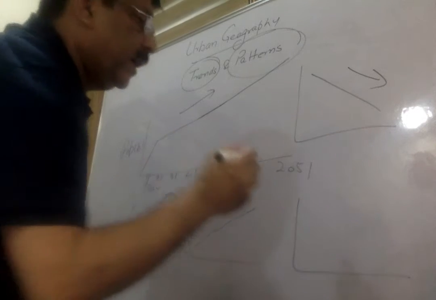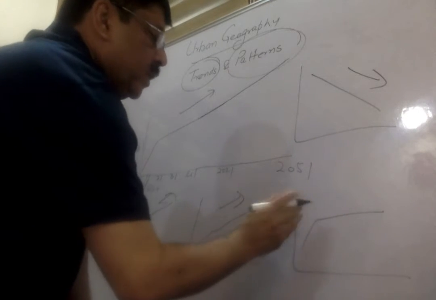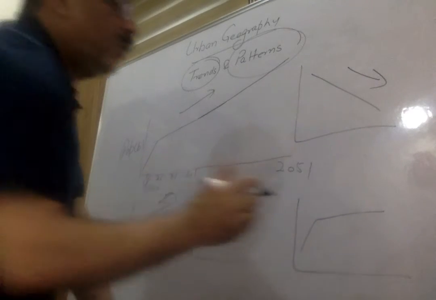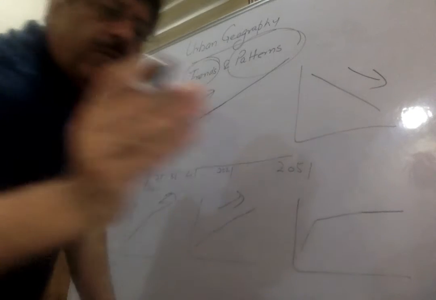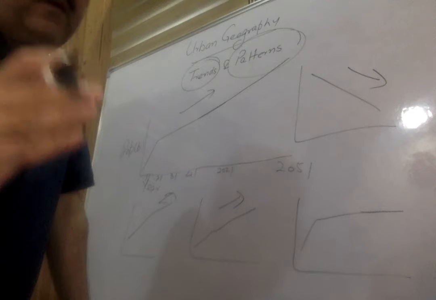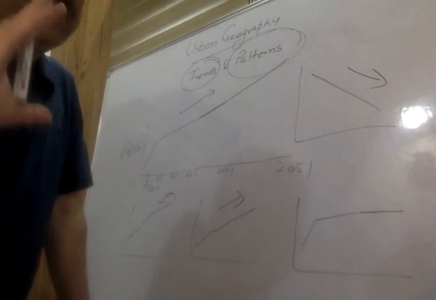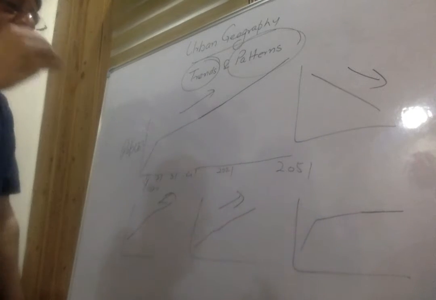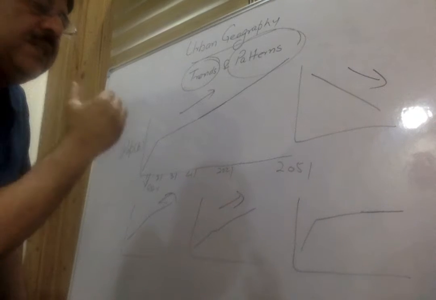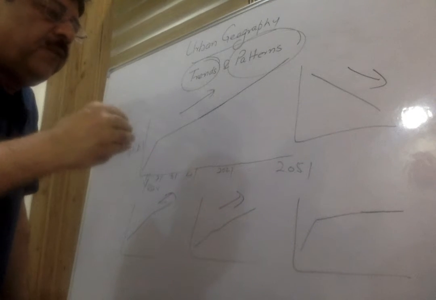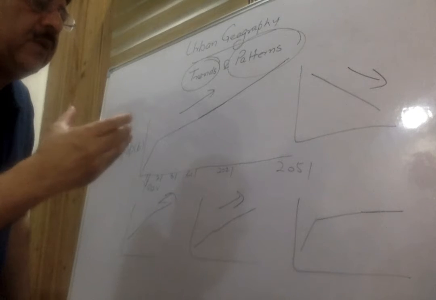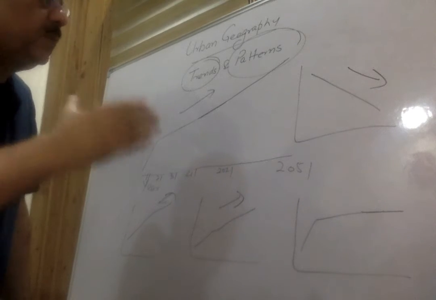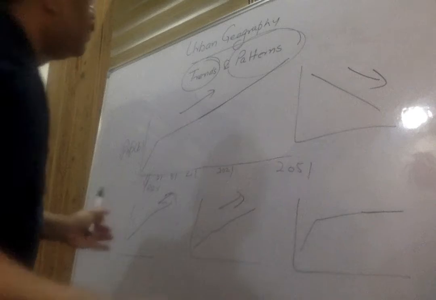Suppose a thing is plateauing. It increased in the beginning and now it has plateaued. Then it is the trend. You can predict that it will go like that. People watch their weight. That is the trend, rujhan, where things are growing, where the world population is growing, where world urbanization is going. In 2050, what it will be, we can predict. Maybe some other factor comes and the trend changes, but it is the trend. We can predict the future.